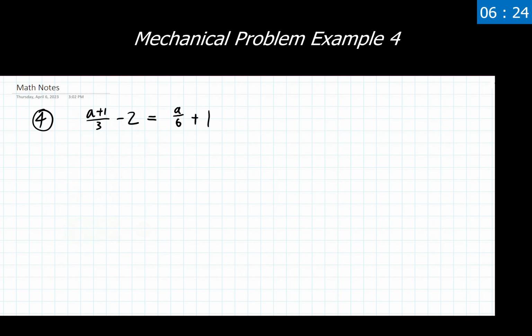In our fourth and final example of these mechanical problems with proportions, we're seeing something where, yeah, we've got addition and subtraction showing up on both sides of this equation, meaning we can't jump to using cross multiplication at the very beginning. We have to do some algebraic manipulation of both sides of the equation before we could potentially do that in this problem. So let's look at our fractions first and see what those tell us.